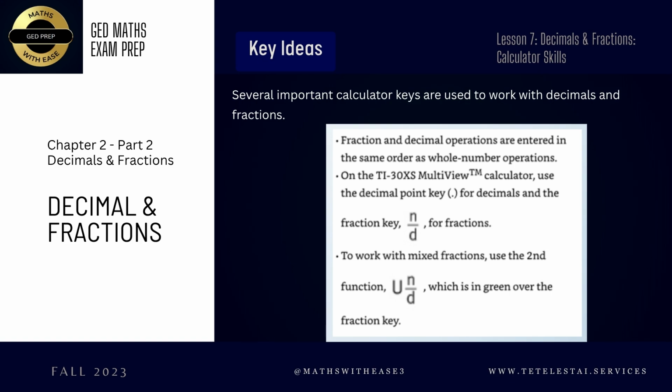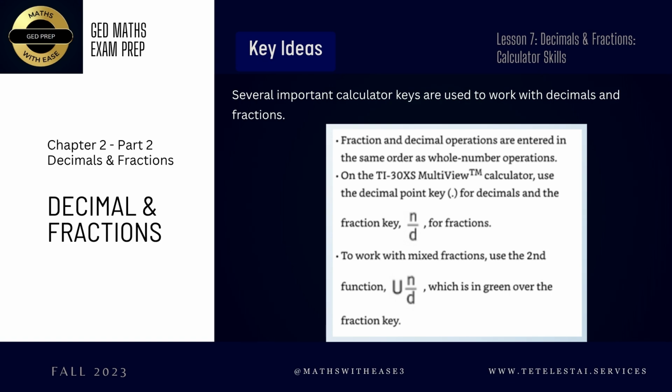And for the keys that don't have a button that you can press, you need to use the second function. So you need to press second function first and then access the operation using the raised key. So in this case, if we wanted to work with mixed fractions, we would press second function, and then we would press the fraction key, which is a raised key, and that would then give us access to the, what do you call it? The mixed fraction